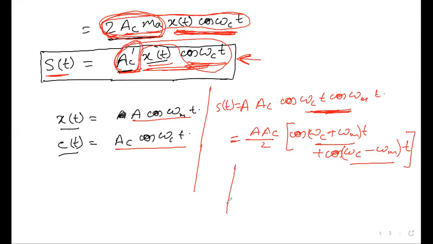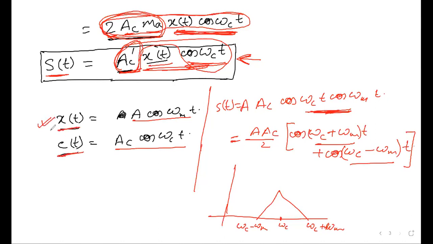मतलब हम अगर इसका spectral signal draw करें, then we will have only omega_c minus omega_m and omega_c plus omega_m. So we will not have any component of omega_c. So in this way, we are generating the double sideband suppressed carrier using a balanced modulator. That balanced modulator is simply known as the product modulator. Why? Because it generates the product of x(t), that is the modulating signal, and the carrier signal.